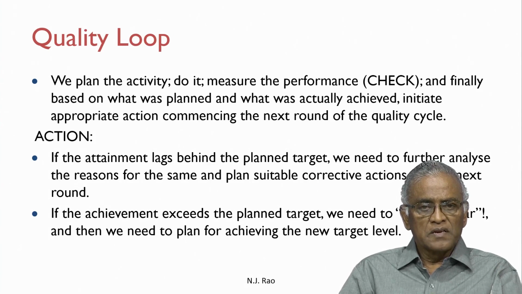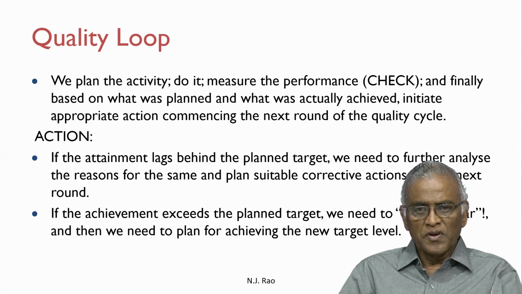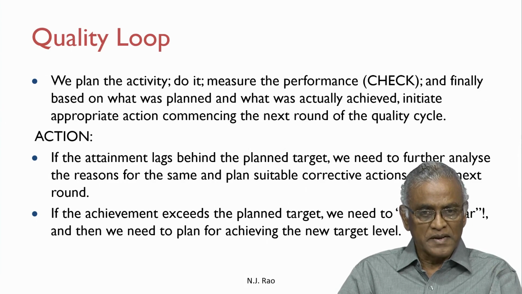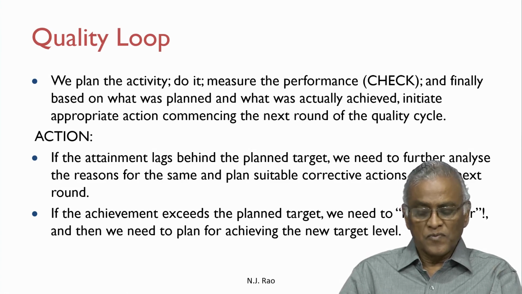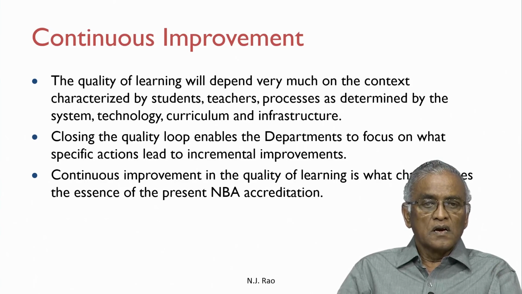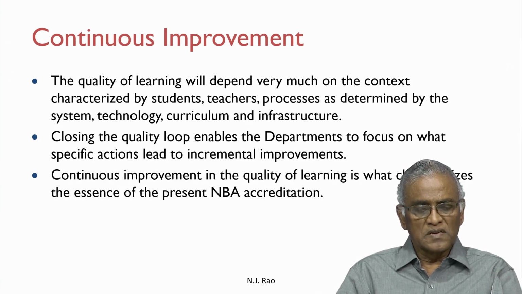So, to complete this quality loop, action: if the attainment lags behind the planned target, we need to further analyze the reasons for the same and plan suitable corrective actions for the next time round. If the achievement exceeds the planned target, we need to raise the bar. That means I want to do better than what I have been doing and I raise the bar. Okay, that is what action is. And again, as I said, continuous improvement is one of the criteria of NBA